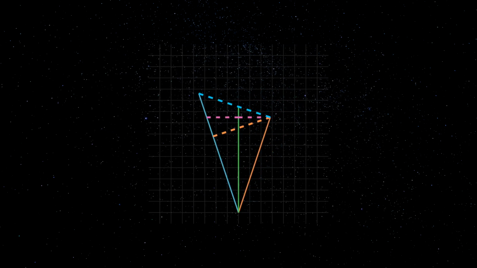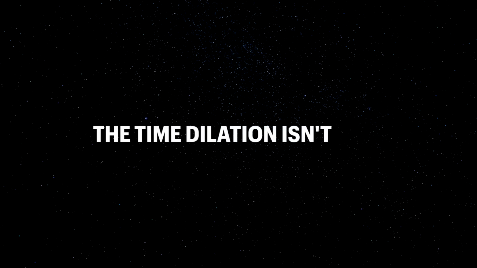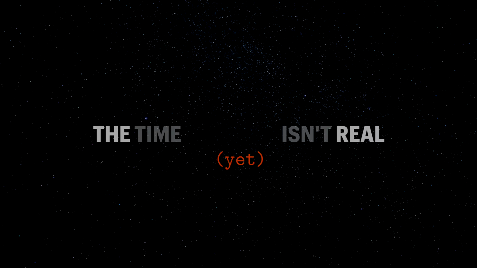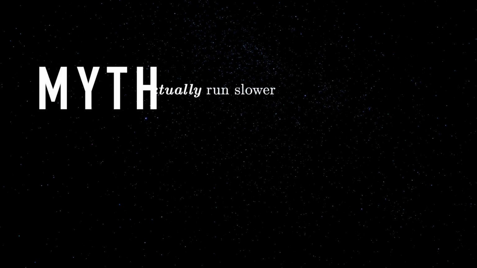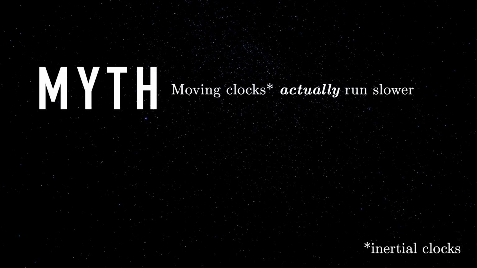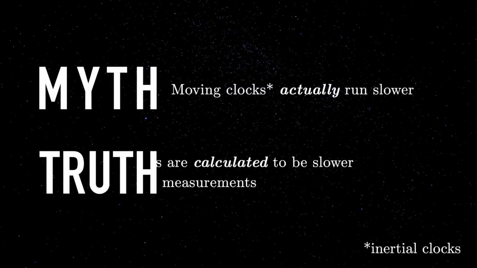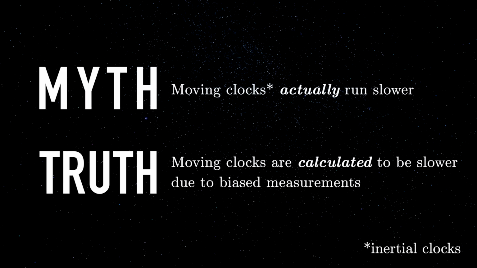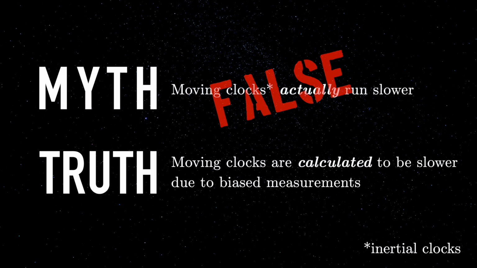Choosing a reference frame creates a bias. The dilation isn't real. Yet. Is it true that moving clocks do run slow? We can calculate that clocks run relatively slow, but the reality is all we've done is take biased measurements and